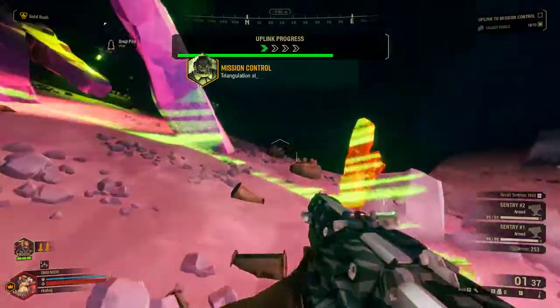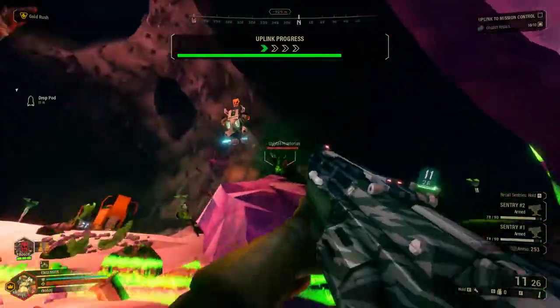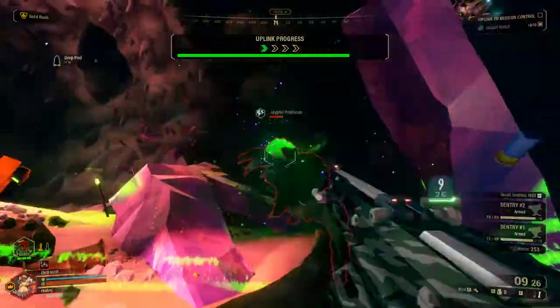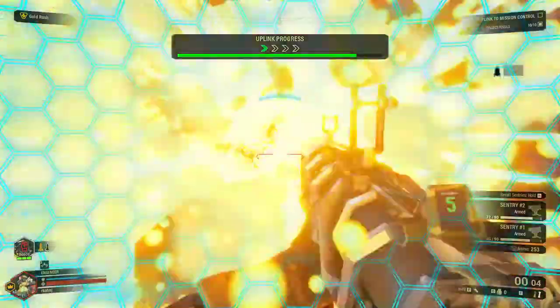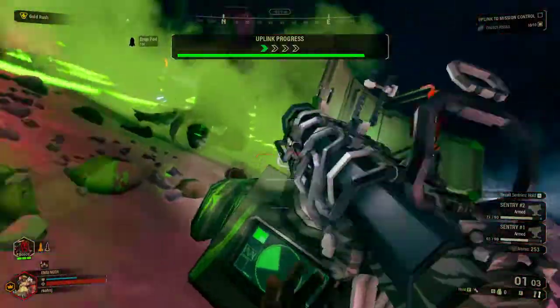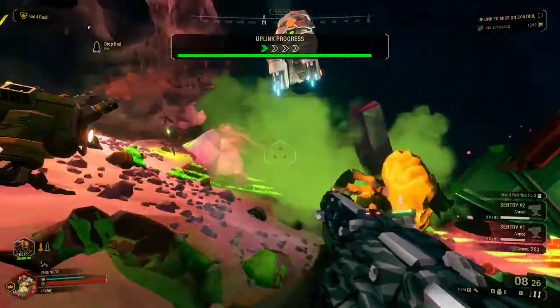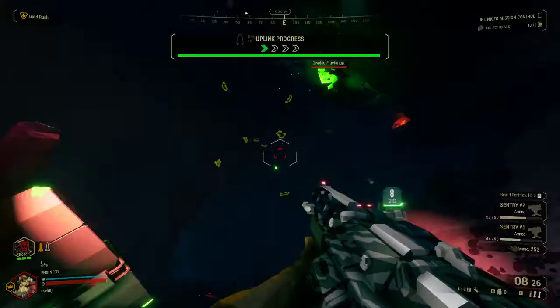Triangulation at 75%. Almost there. Boom, boom. Right here, Bosco. They will also throw enemies at you that make it so that you, like, get stuck. Or enemies that try to make it so that part of the very small area that you have to stay in is,